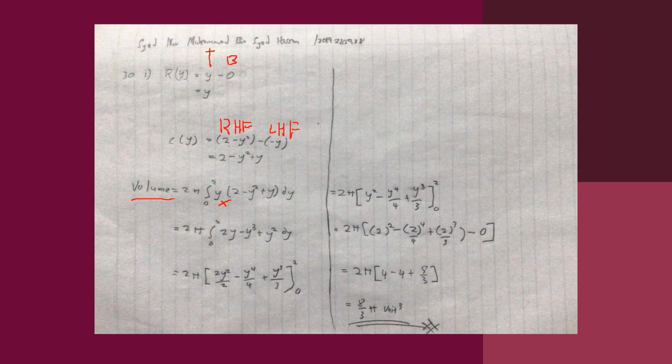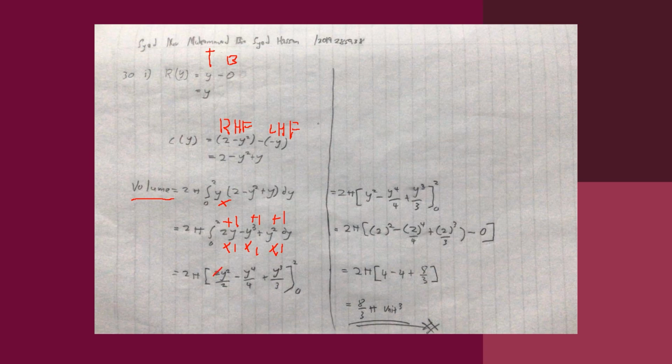With this integration, we get 2y square, and then negative y power 4 over 4 plus y cube over 3, and then we need to cut